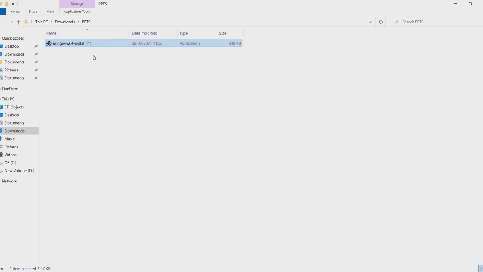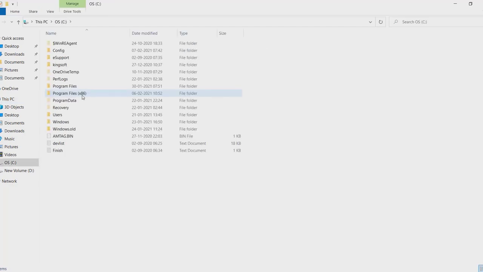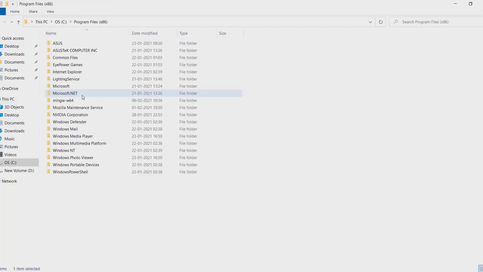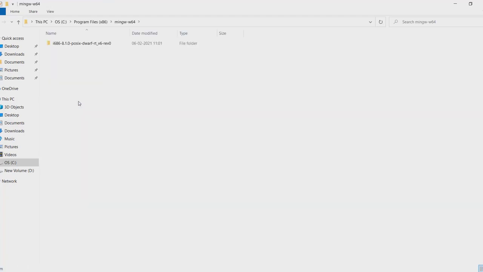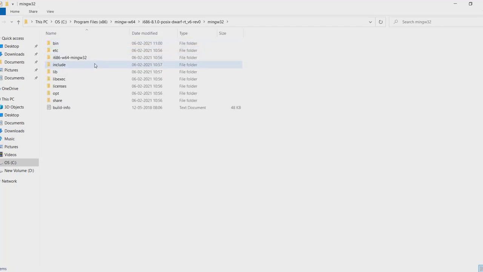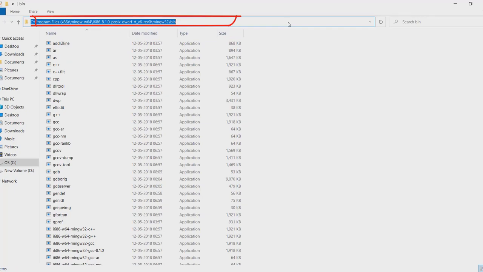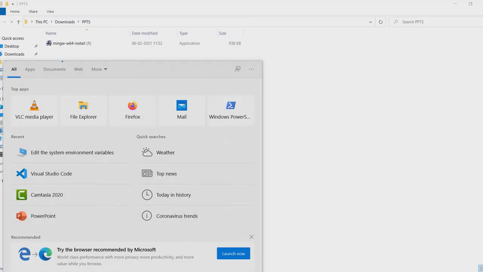Once it is installed, it will be available in the C drive, Program Files x86, then MinGW x64. Then we have to go to the bin folder. Then we have to copy the path to the bin folder, this path. We need to add the path to the installation in our environment variables.